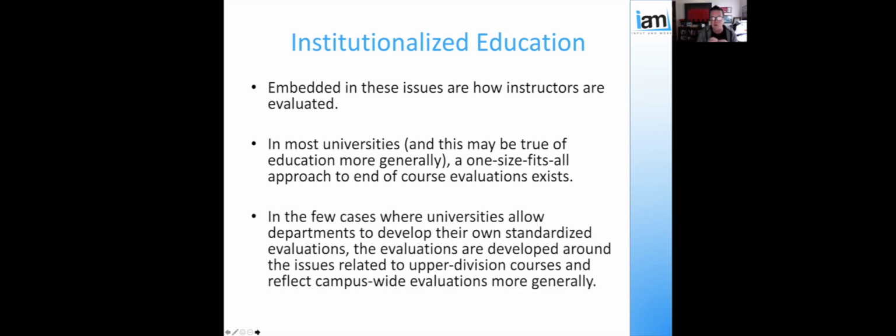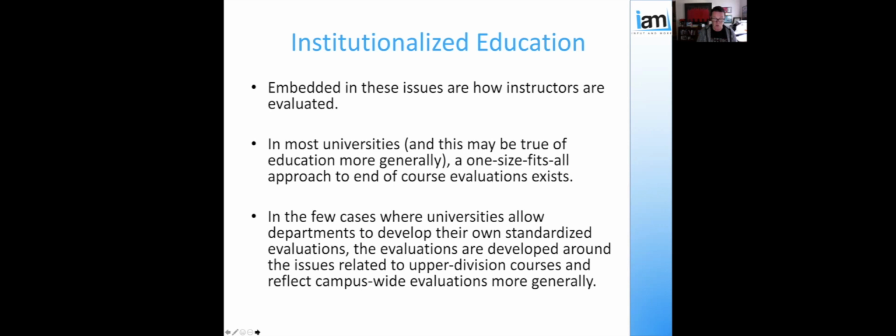In a few cases where universities allow departments to develop their own standardized kinds of evaluations, these are developed around issues related to upper division courses and reflect campus-wide evaluations more generally. I was involved in the redo of